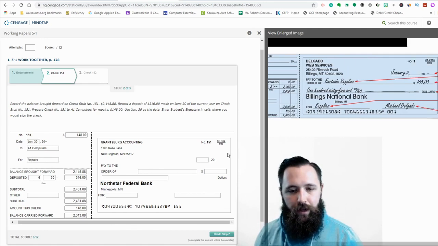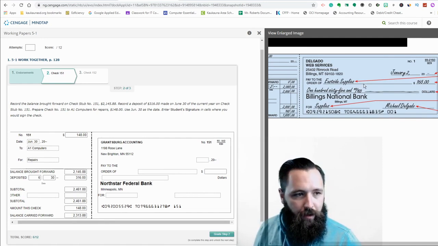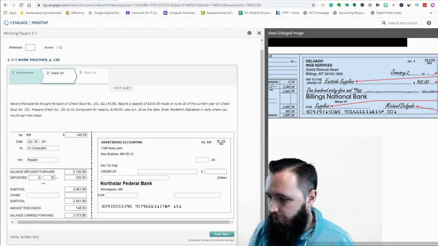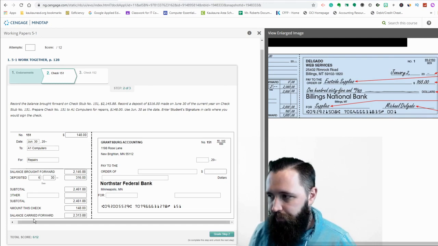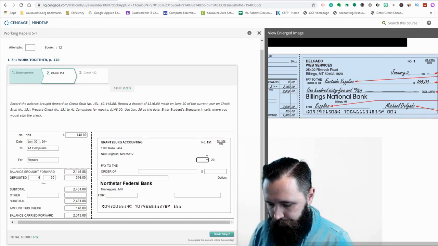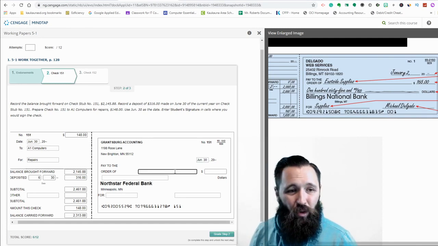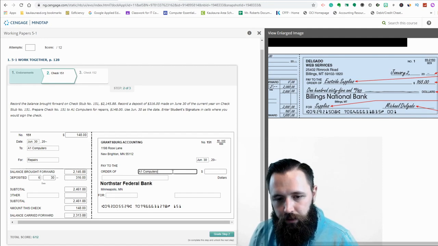And on this side, we're pretty much just transferring that information over. Now we're actually writing out the check. So let's put in the check date, right? So our check date was the 30th. Okay, so June 30th. Pay to the order of. Now this is the company that we're paying it to, so that's A1 Computers. And the dollar amount was